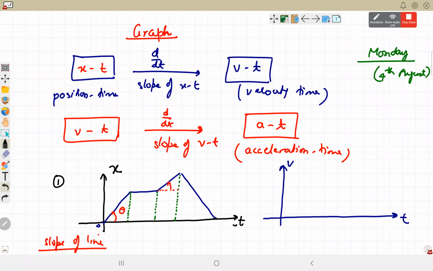For the content part, I think more or less it is the same. In fact, it is better: there is better visibility and you are sitting in the comfort of your home. I am in the office right now, by the way. So for me, nothing will change. I will be taking classes from the office only, from the institute only. So it's not the comfort of home for me. That's what I wanted to clarify. Sometimes, yes, maybe during the weekend I take class from home.